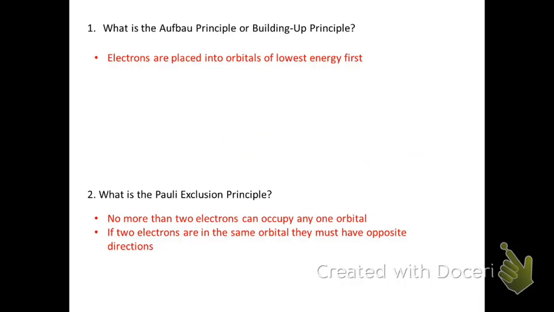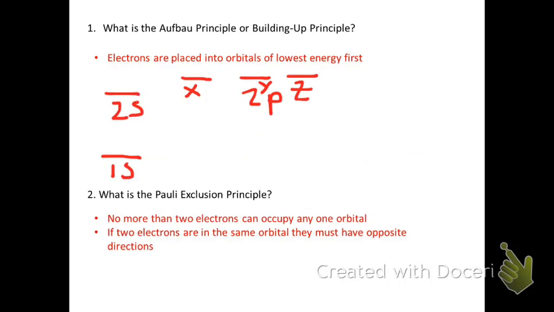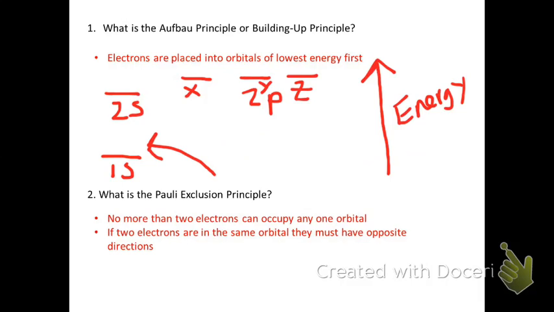Let's come back and draw our 1s orbital, and that's for the first energy level, and then our 2s orbital, and then our p's, x, y, and z, okay? Now, if you remember, in the Bohr model, energy increases as you move away from the nucleus. So, I'm going to place electrons, according to the Aufbau principle, in the lowest energy subshell that I can. And so, since the first energy level has the lowest energy, my first electron has to be put in the 1s orbital. Okay, so this is where I'm going to put my first electron